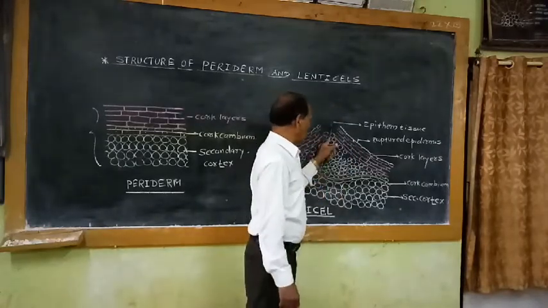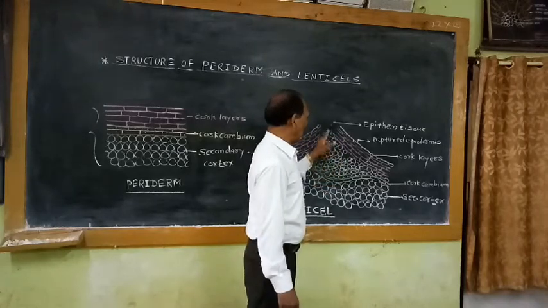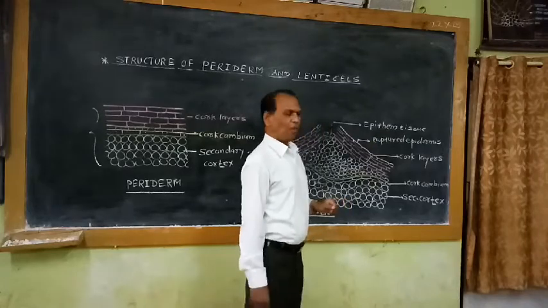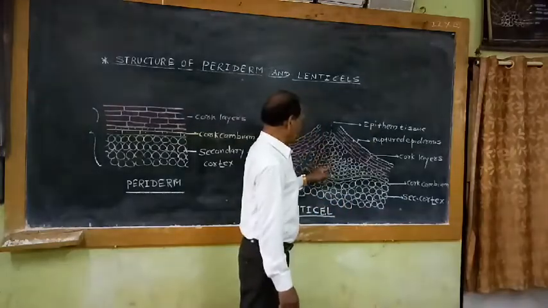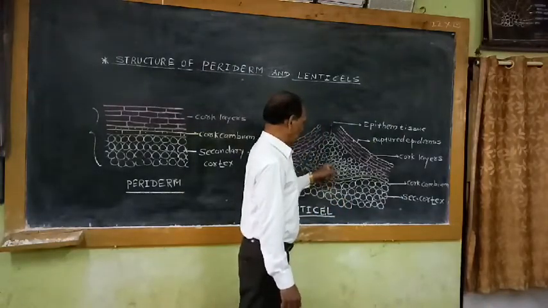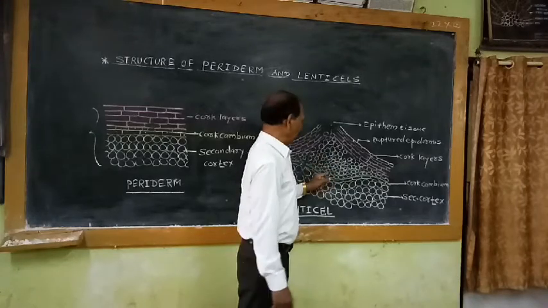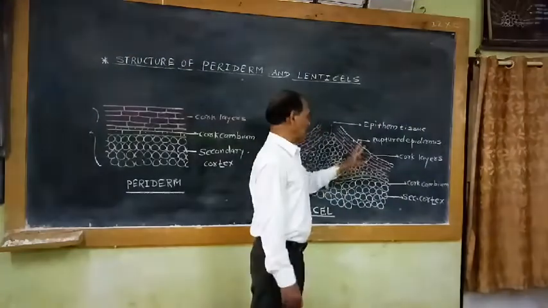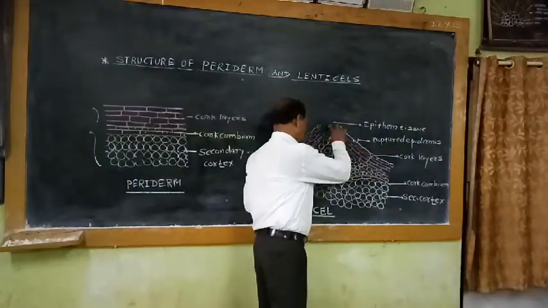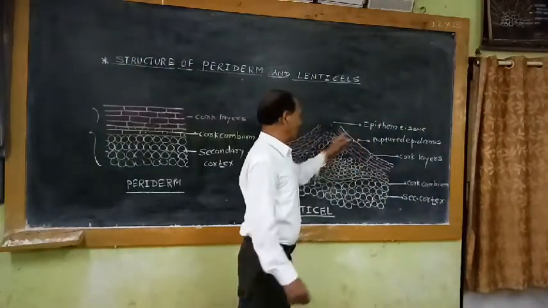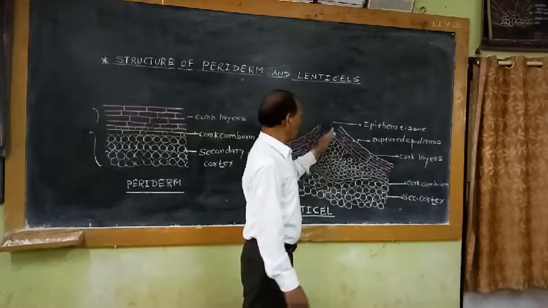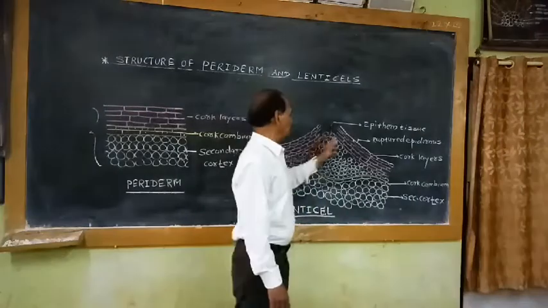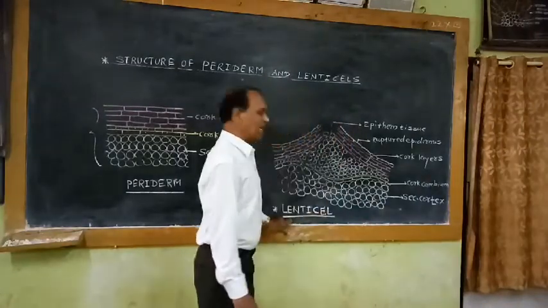In these open gaps, loosely arranged cells are present at the peripheral side. This cell tissue is known as complementary tissue. Then there are the closing layers: compact layering cells of parenchyma, particularly rows of parenchyma cells. They are known as closing layers. So this open gap with loosely arranged cells, or complementary tissue, is commonly known as a lenticel. That means an open gap with loosely arranged cells in the periderm region is commonly called a lenticel.